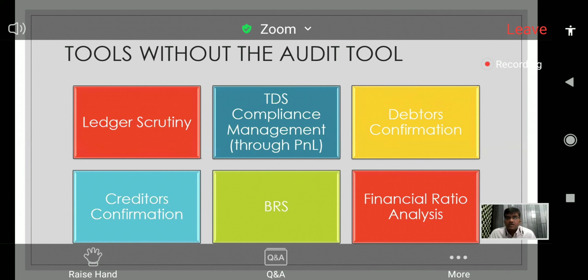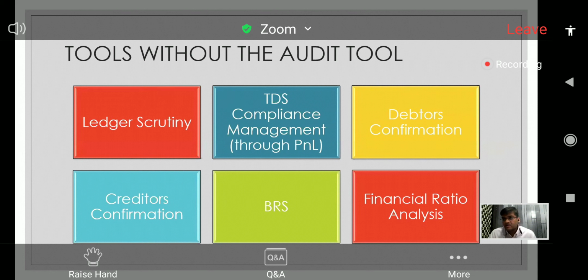Another thing that we can realize is a lot of times when the accounts executives are passing entries, if there is an invoice of say 50,100 rupees and we've received 50,000 rupees, I'm sure that 100 rupees is not going to be received. So typically we try to park it in a rebate and discount ledger, which most of the time you've seen the accountants tend to ignore. These are the kind of queries which, once raised, can be sorted out very easily.